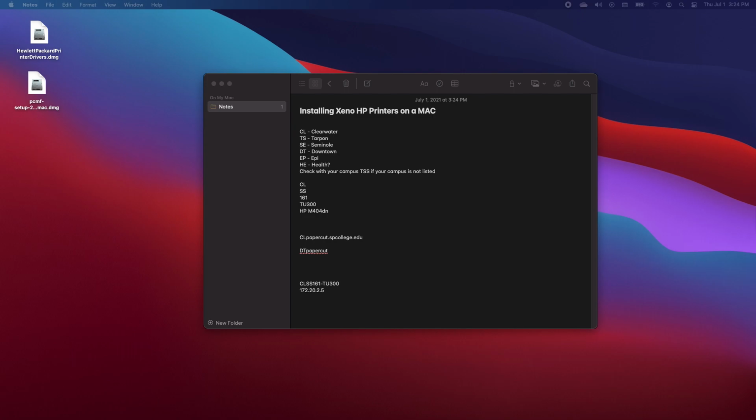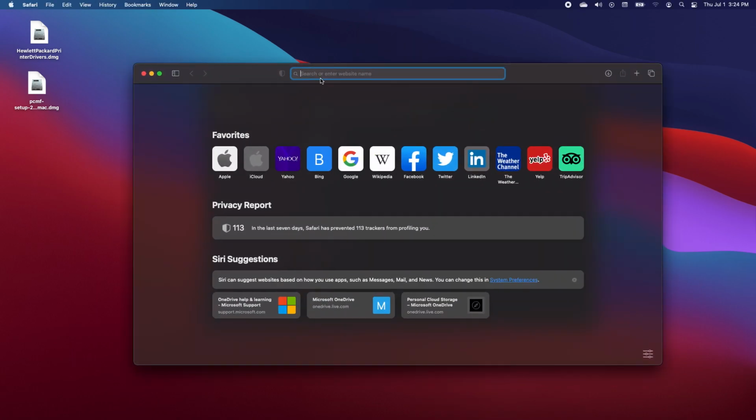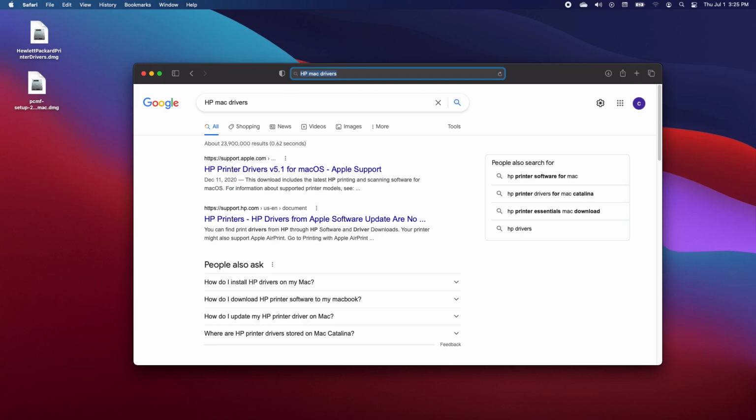Now you want to download the HP drivers from Apple. To do this, you want to open up Safari or whatever your favorite browser is. I'm just going to open up Safari for this scenario. You're going to type in HP Mac drivers and press enter. You're going to get a window that pops up with support.apple.com and many other options, but you want to select the first option that says HP printer drivers. In this case, it says 5.1, but this may change in the future for macOS. You click it,